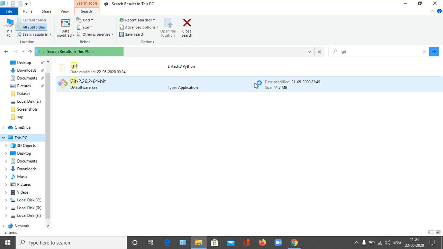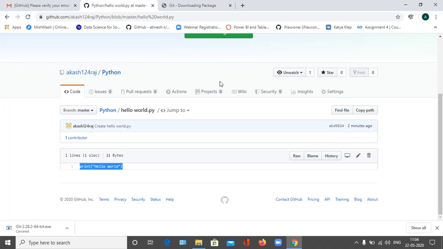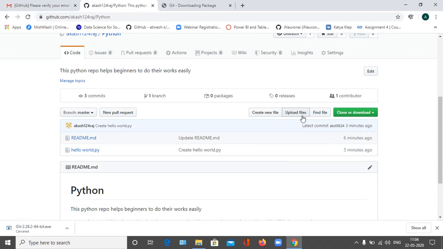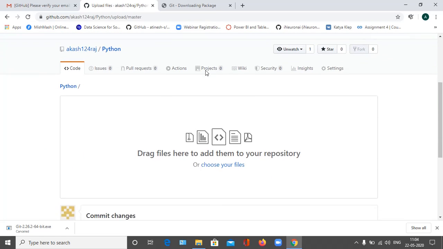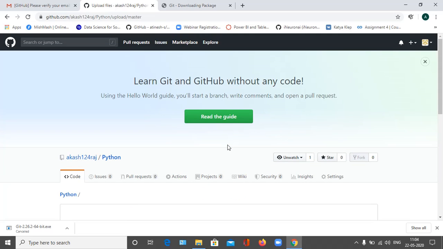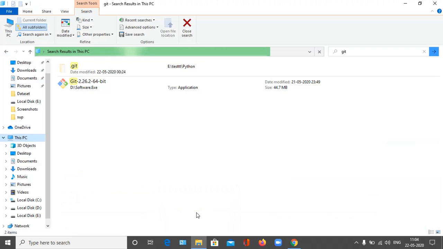So okay, I will show you how to use GitHub as a GUI. I already told you, if you want to add any file, you can add it here or go to the repository, or you can upload any file here by clicking on this. You can upload your file by clicking on that and choosing your file. It depends on you. Okay, I'm going back to my Python file. It takes some time.